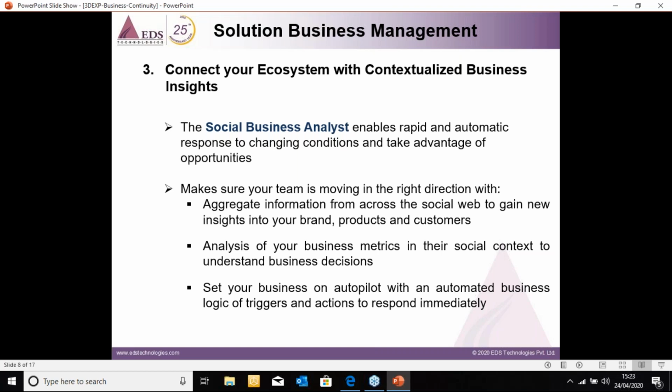This is typically a solution that gives me an insight about what is happening in the market. What is the customer's feedback about my product? What is the competition available in the market? What is the relevant information that can help me take better decisions and improvise on my product, which is all posted by consumers or customers on social media like LinkedIn, Facebook, or Twitter?